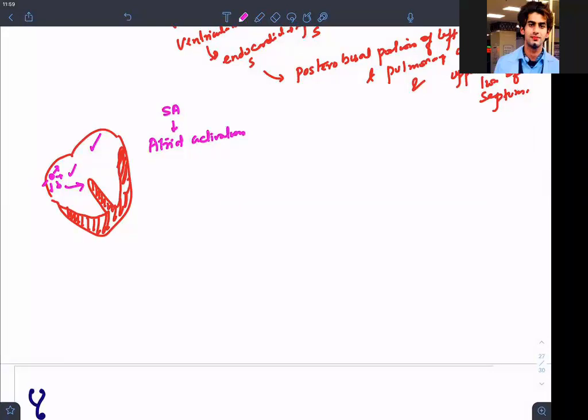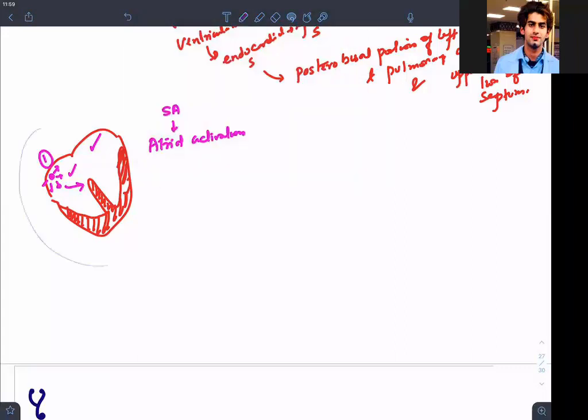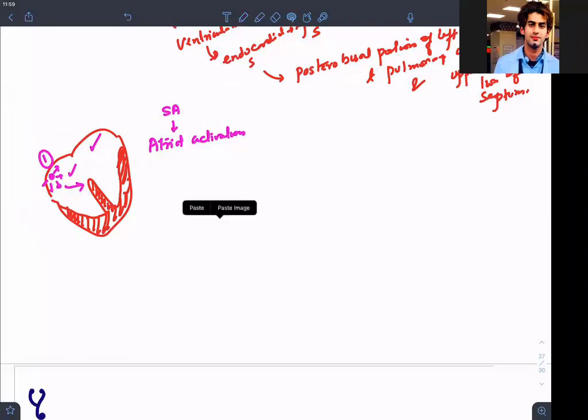Now can I make this the second step? This is one. Can I make the second on the same? Okay, let me make full diagrams for you. I can work smartly like this. I can do this. Then I can do this.